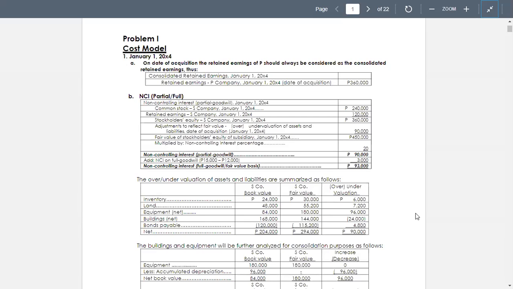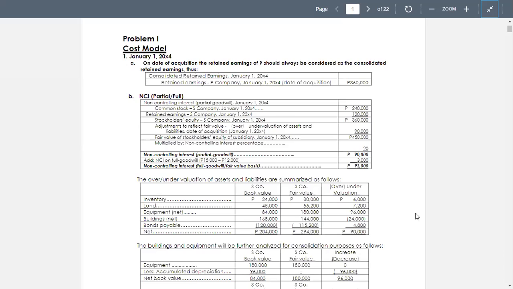Then we have the amount of retained earnings of S Company before elimination, the amount of 120,000. So the stockholders' equity of S Company is 360,000. There is no APIC. And the 360,000 being the shareholders' equity of S Company on January 1, 2024, we have now the adjustments to reflect fair